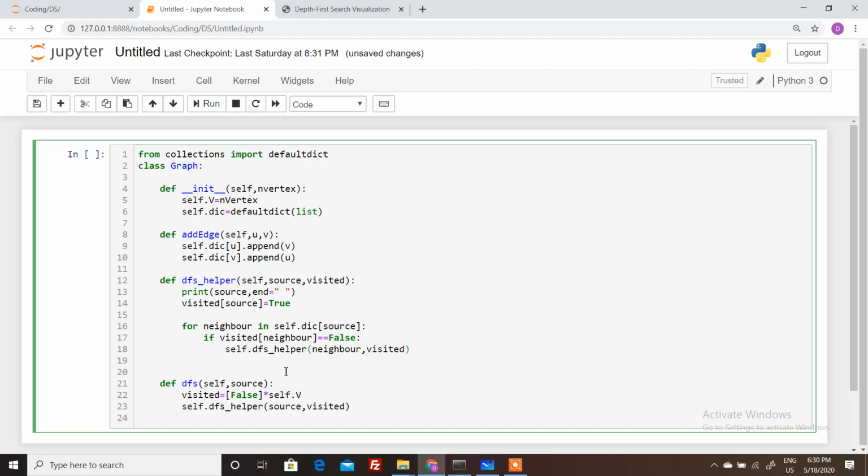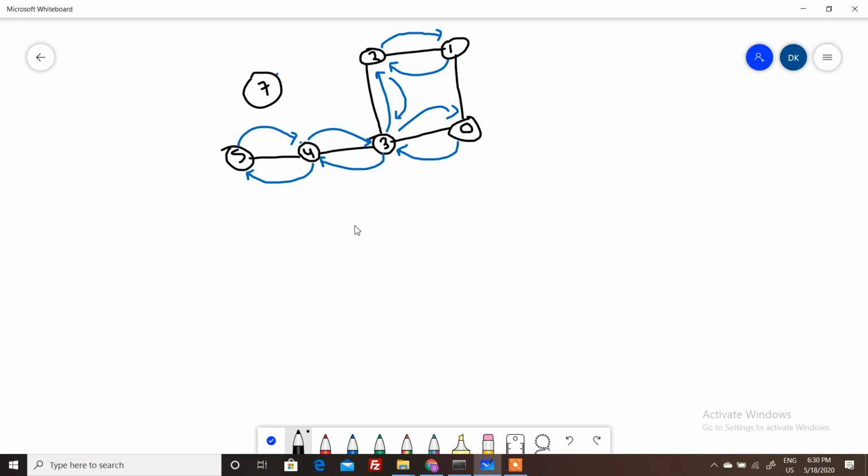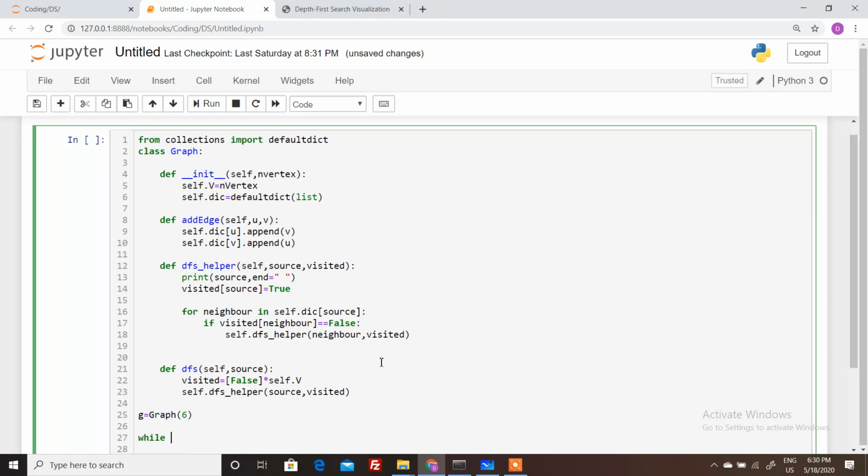So let's run this code now and let's see. Let's create the graph object first. In this graph, what was the output? The output was 0, 3, then 4, then 5, then 2, then 1, right? So let's say total vertex is 6. Total vertex was 6. And we will create the loop, while true,